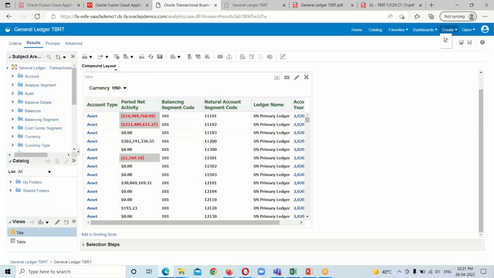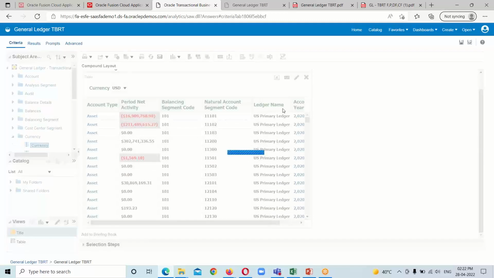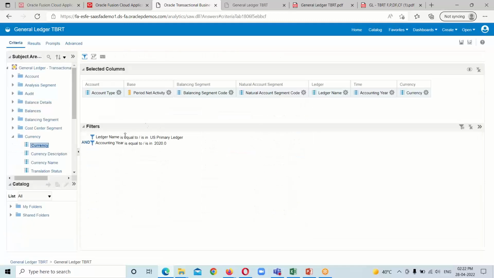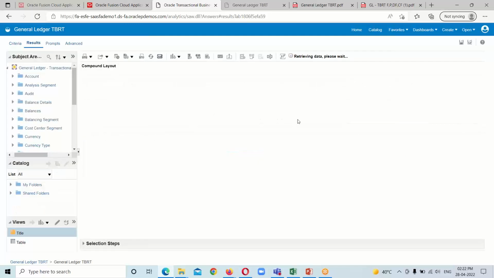Let's add one more prompt in the analysis for the ledger name. So what we have to do is clear this filter which I had applied on the ledger name. Firstly, I have to remove this filter, only then will I be able to implement the analysis prompt for the ledger name. Go to the results tab,